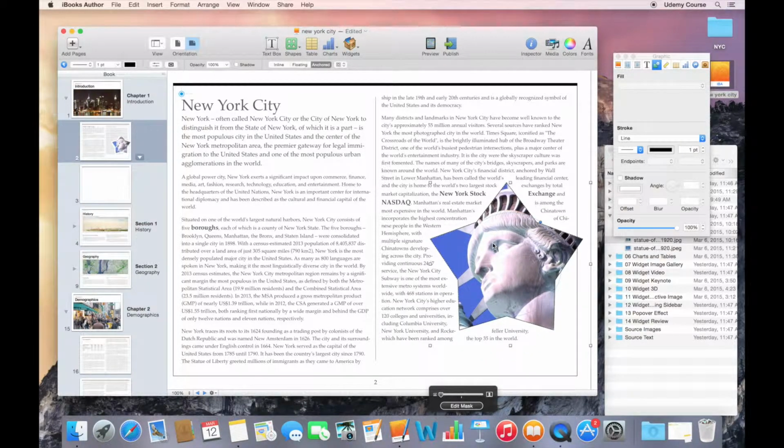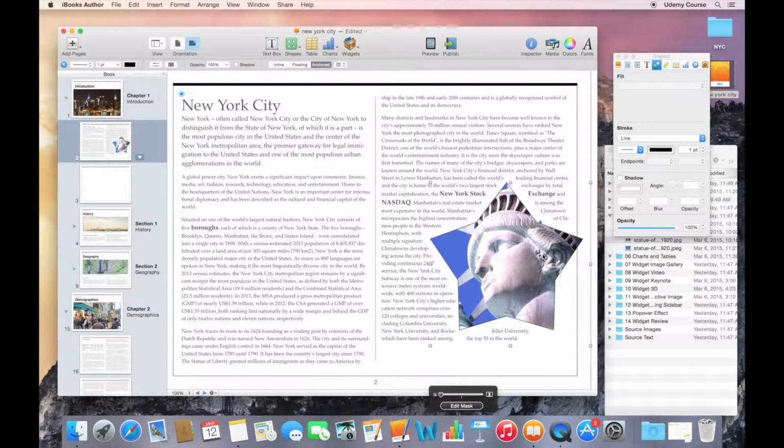We can also access a lot of these same properties by using the graphics inspector. So the graphics inspector is part of the regular inspector. So again, if you don't see it, just click the inspector icon, bring up the inspector. The graphic inspector looks like this rectangle and the circle. So when you select that, you can see that you have some options available to you, things like the opacity